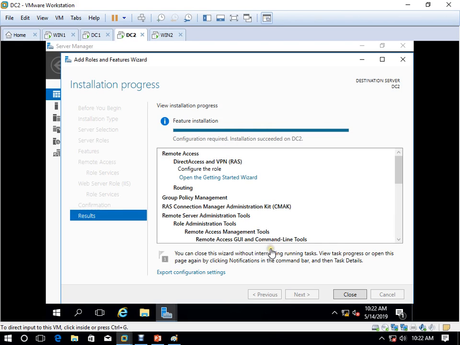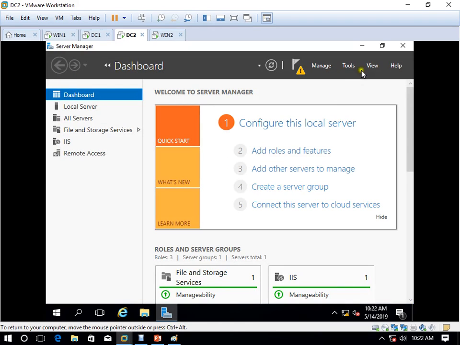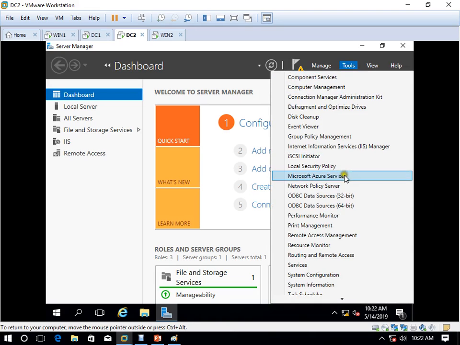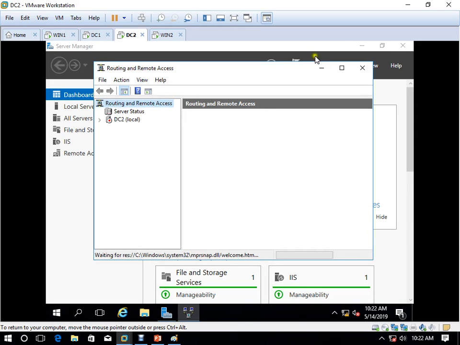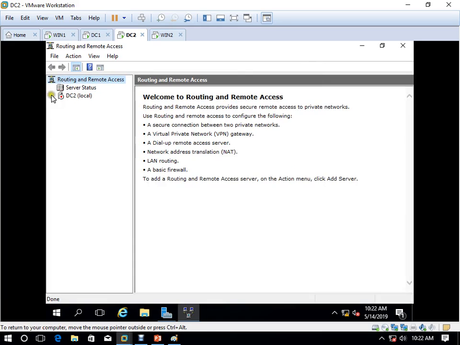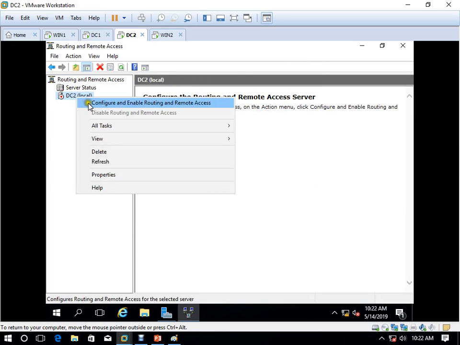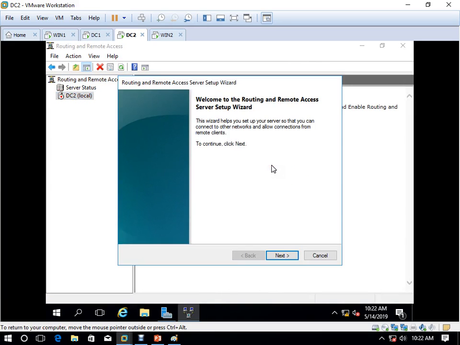Now you have seen that routing and remote access has been installed. Click close, then come here to tools, open routing and remote access. Now this is a part of DC2. Right click on DC2, configure and enable remote access service.